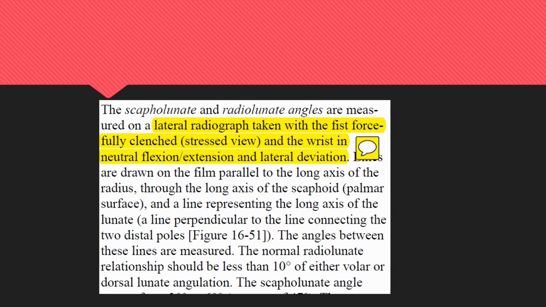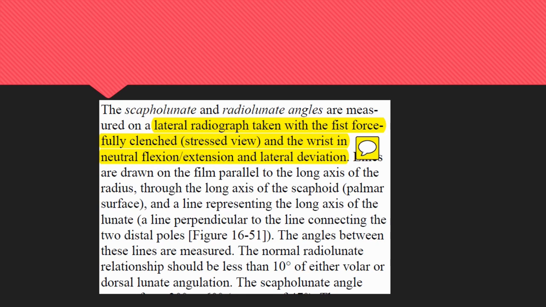Okay, according to the AMA guides, the scapholunate and radiolunate angles are measured on a lateral radiograph taken with the fist forcibly clenched. This is a stress view, so you need to make sure that when you look at your image the fist is clenched and that the imaging facility obtained the images properly, with the wrist in neutral flexion extension and lateral deviation, meaning neutral flexion extension and no lateral deviation. Lines are drawn on the film parallel to the long axis of the radius. That's